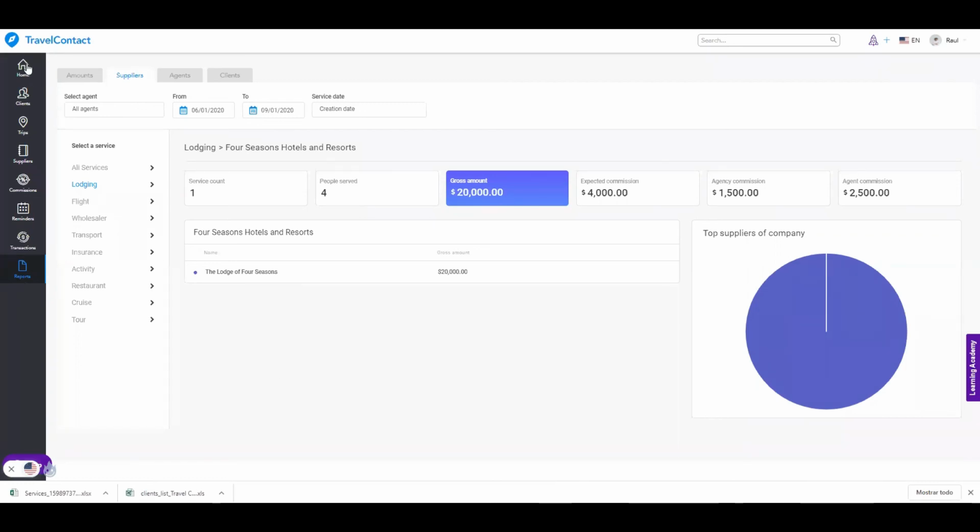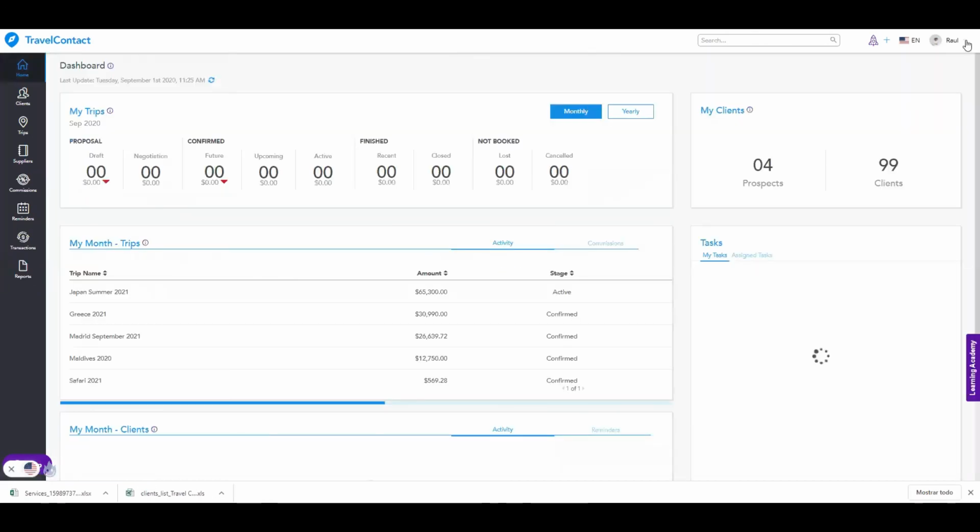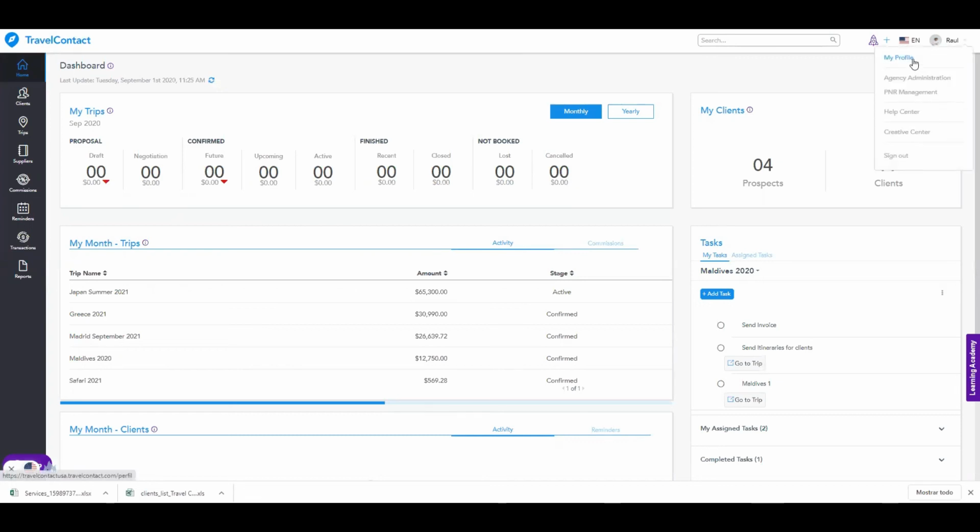So that would be the way to keep track of everything in TravelContact. What we're missing before finishing with this webinar are 2 quick things. The first one is going to be your profile. So if you click on your name and then you click on My Profile, you'll be able to edit your